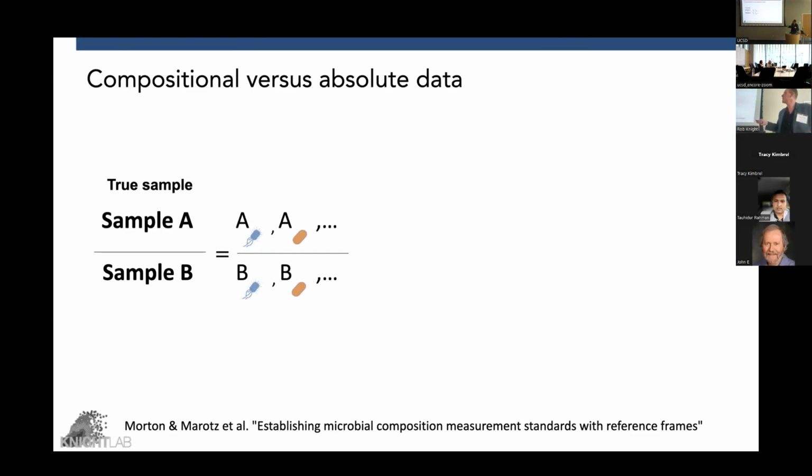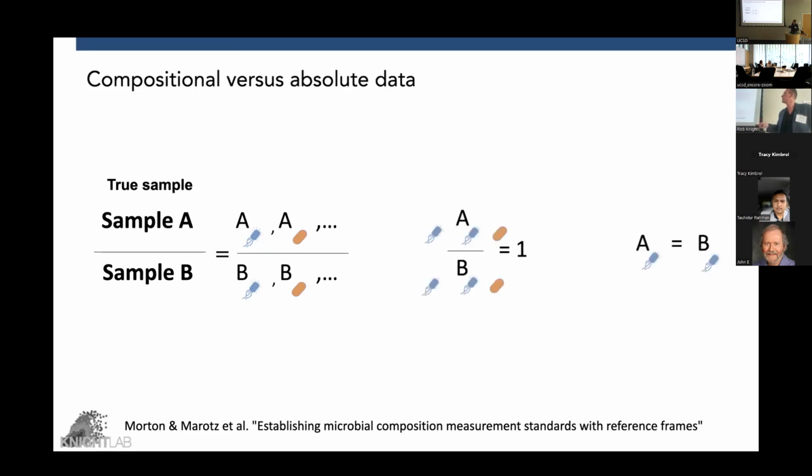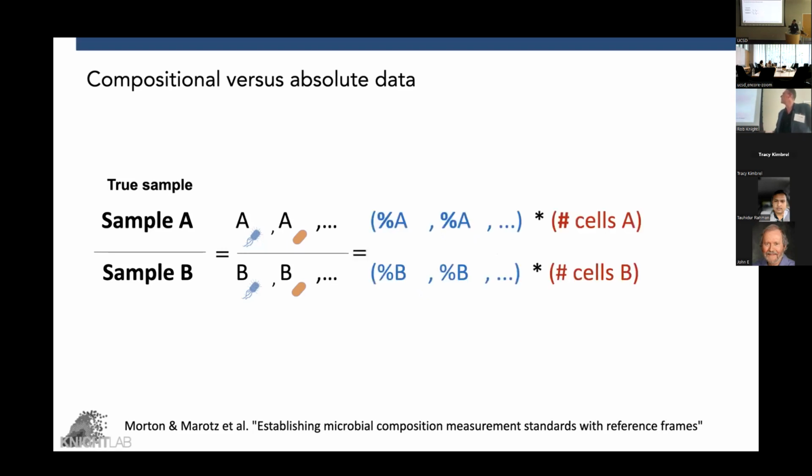So if you could actually count what was in each sample, if you're looking at the ratio of what's in sample A to sample B, if the ratio of what's in sample A and sample B is 1, you know that the number of the microbes of that type in the first sample is the same as in the second sample. And then similarly, if the ratio of A to B is more than 1, you know that there's more of A than B in your sample. And if it's less than 1, you know that you have less A than B in your sample. However,